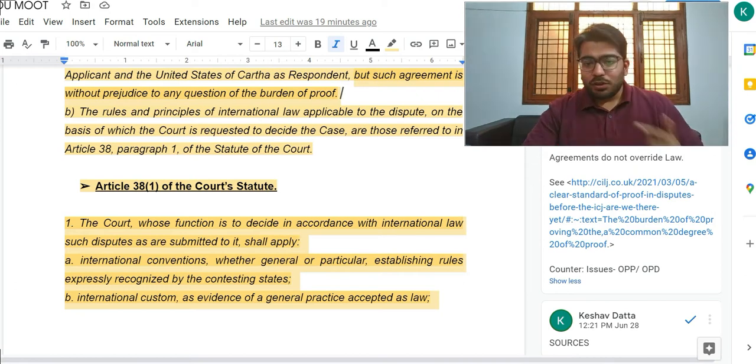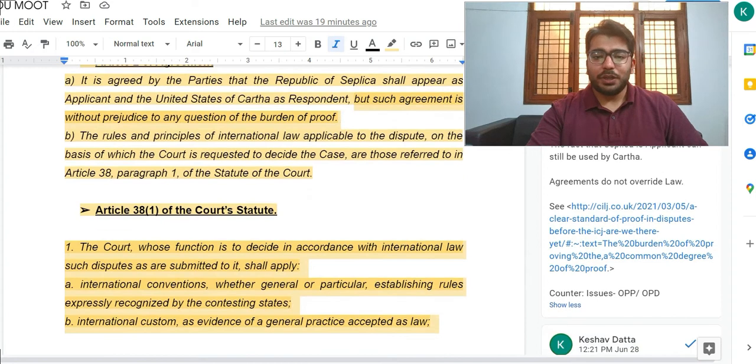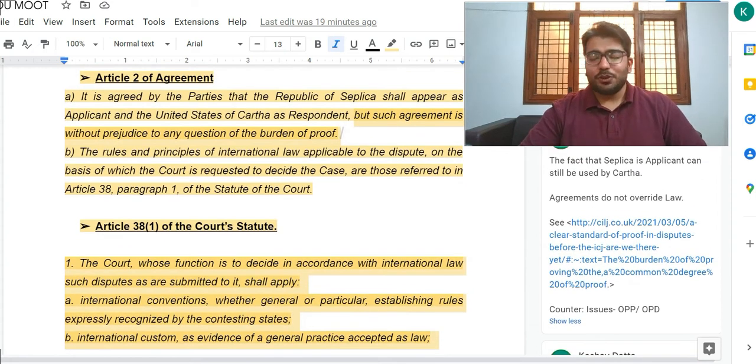You can counter that by saying that, okay, but here it is not mentioned where is OPP and where is OPD, because even in Indian courts you have to specifically mention against each issue upon whom the burden of proof lies. The burden of proof does not lie as per respondent, defendant or the applicant. It depends on what is marked as OPP and OPD in the issues at the time of issues framing. So you can give this counter argument.